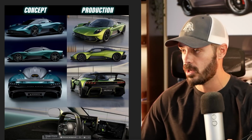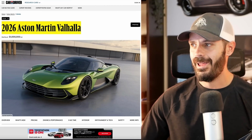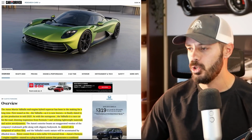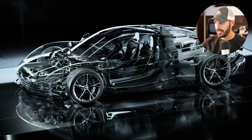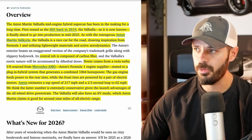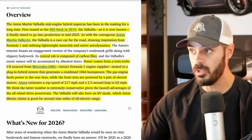But before we jump into Photoshop here, check this out. We're going to take a look at this article from Car and Driver. Let's see what this is all about. So 2026 Aston Martin Valhalla, and this is a beauty of a car. The Aston Martin Valhalla mid-engine hybrid supercar has been in the making for a long time. First teased as the 003 back in 2019, the Valhalla, as it is now known, is finally slated to go into